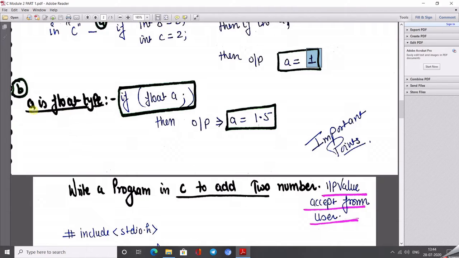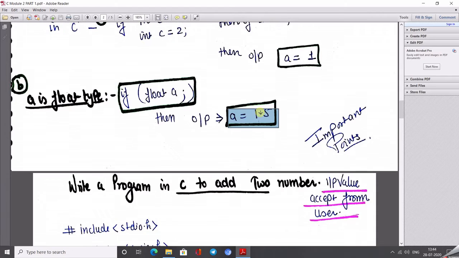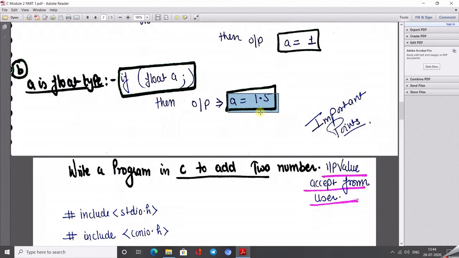So if we take another example, like if B and C have the data type integer, but A is of type float, so what is the result? Again here the result will be A is equal to 1.5, because here the user gives the instruction that A can store the data in terms of float also. Okay, so here we get the accurate result.